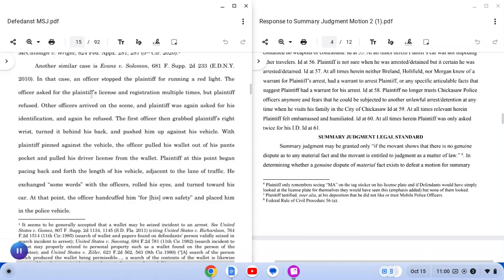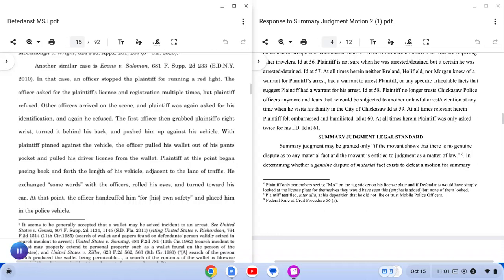The officer asked for the plaintiff's license and registration multiple times, but plaintiff refused. Other officers arrived on the scene, and plaintiff was again asked for his identification, and again he refused. The first officer then grabbed plaintiff's right wrist, turned it behind his back, and pushed him up against his vehicle. With plaintiff pinned against the vehicle, the officer pulled his wallet out of his pocket and pulled his driver's license from the wallet. Plaintiff at this point began